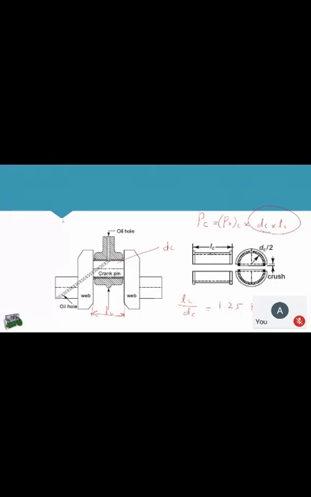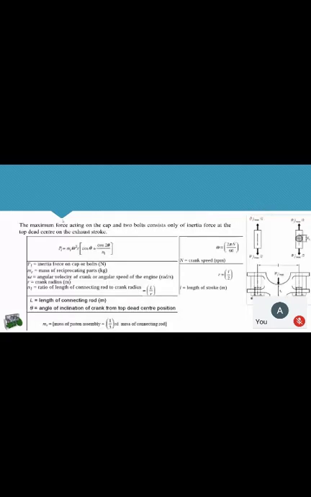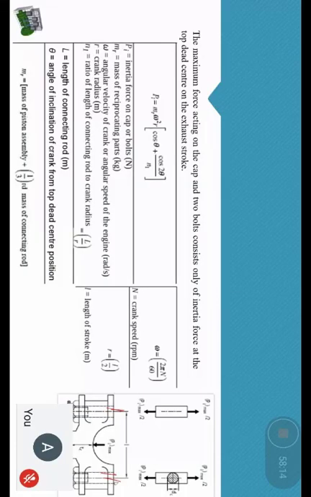So after designing the cross section, considering buckling criteria, and considering bearing failure for the small and big end, now let's find out the dimensions of the bolt. See, at the big end cap, you are going to use 2 bolts in order to connect the big end to the crank pin, right? And this big end is primarily subjected to inertia force.